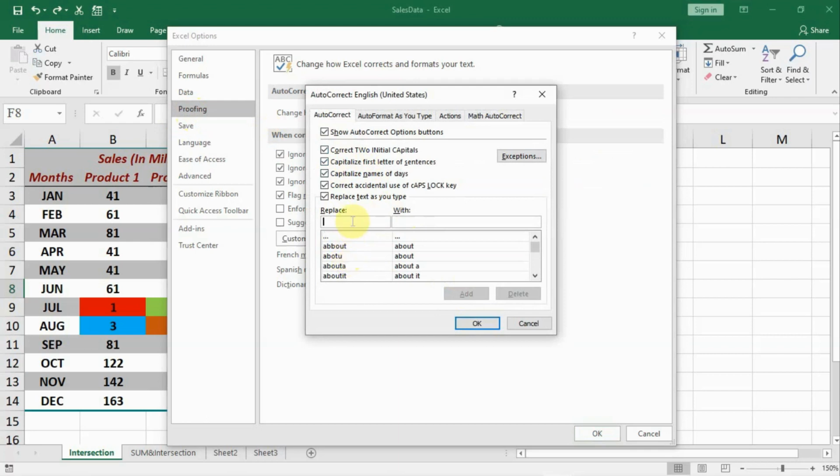For example, my company name is ABC, that is an abbreviation, and the full form is Advanced Binary Corporation. I just add this, ABC, Advanced Binary Corporation, click on Add here and OK.